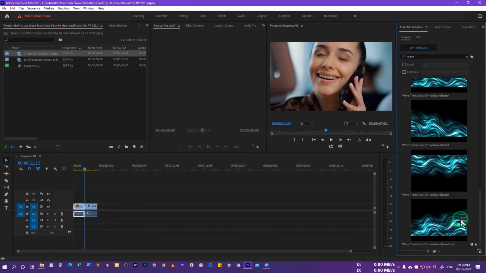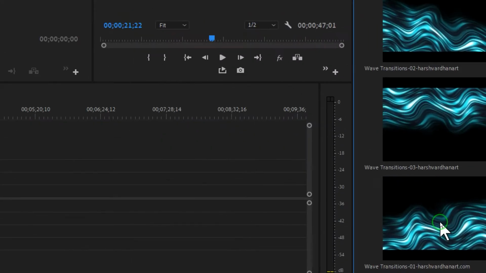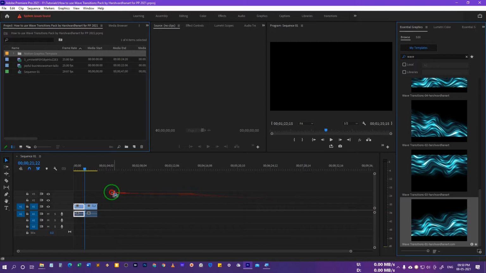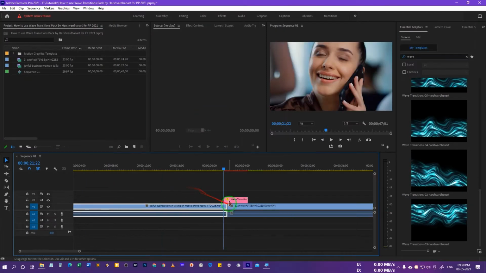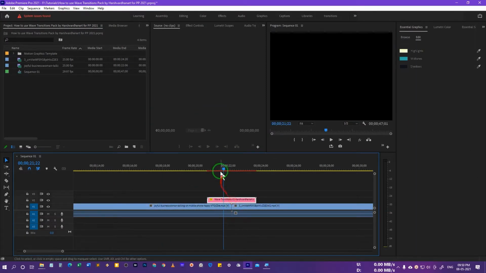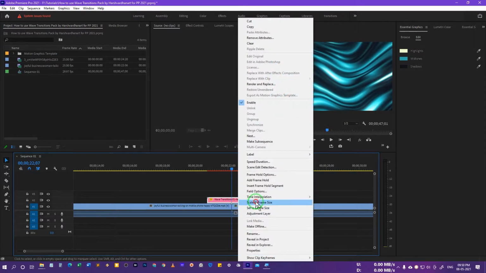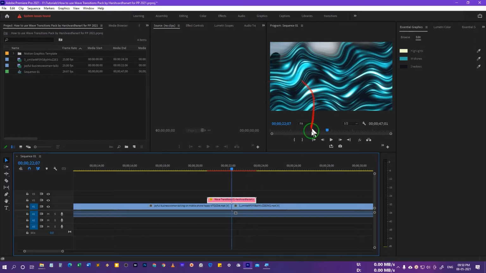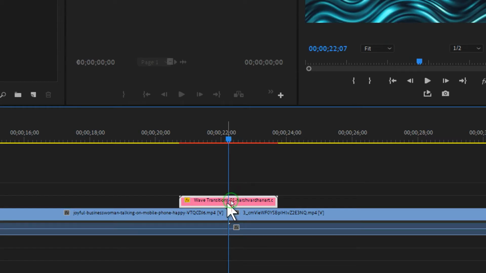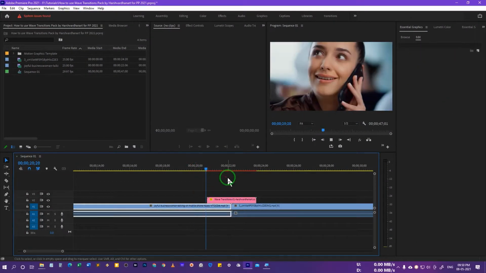Now what you have to do is simply click and drag it over your sequence, between your two clips. This is in 4K resolution, so this supports 4K resolution. If your sequence is of lower resolution, just right click and select Scale to Frame Size, and that way it would be scaled to the frame size. Make sure that the middle of this transition is between the cut of the two clips. And now if you just play it,